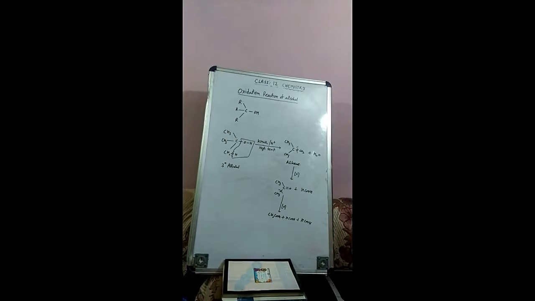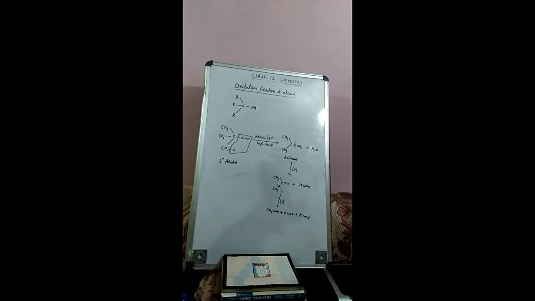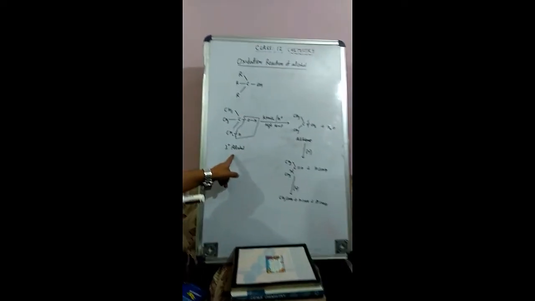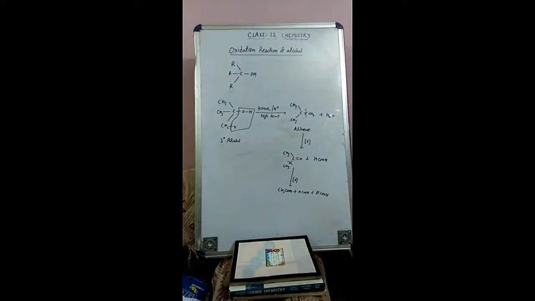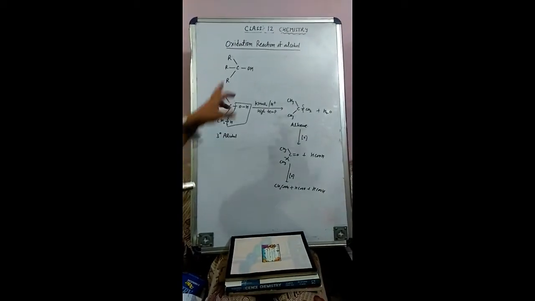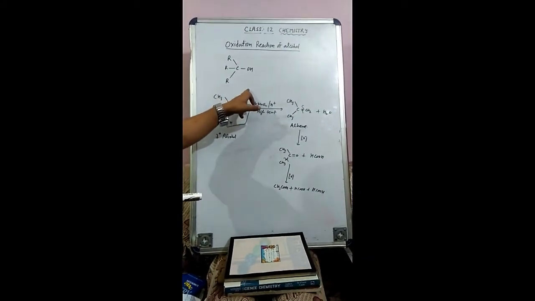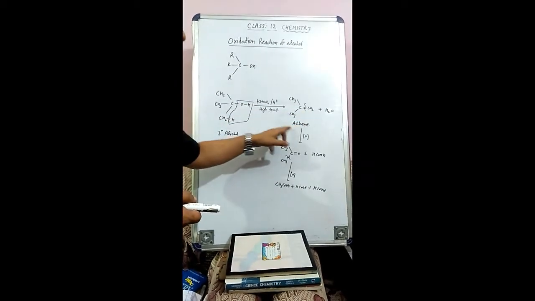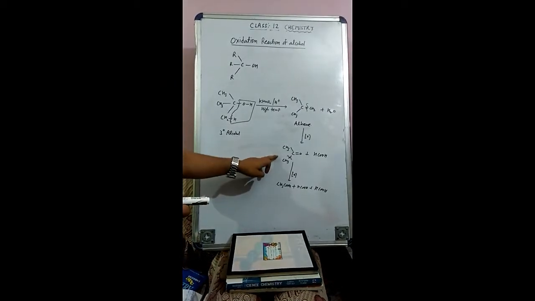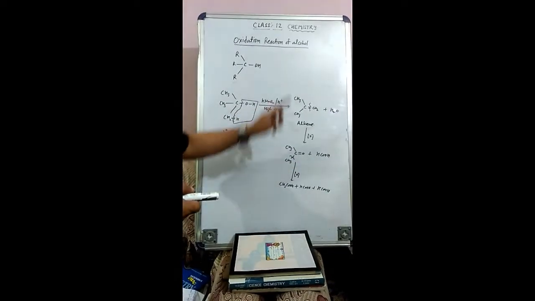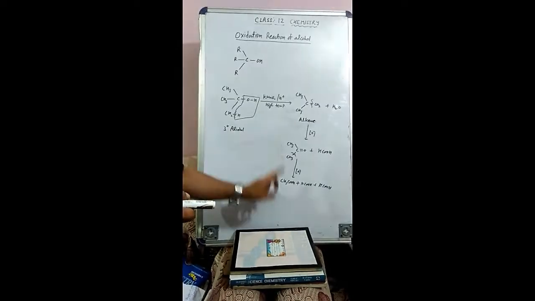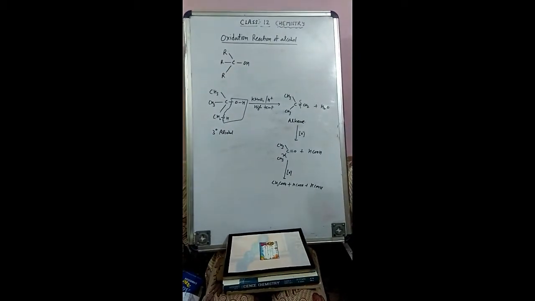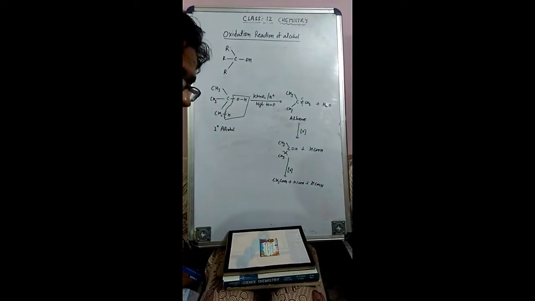That means the tertiary alcohol will not easily give the oxidation reaction because there is no alpha hydrogen present. It will give the oxidation reaction in the presence of a strong oxidizing agent and at high temperature. Firstly it gives an alkene, then this alkene during oxidation gives a ketone and a carboxylic acid, then this ketone during oxidation gives the carboxylic acid. This is the oxidation reaction of primary, secondary and tertiary alcohol.